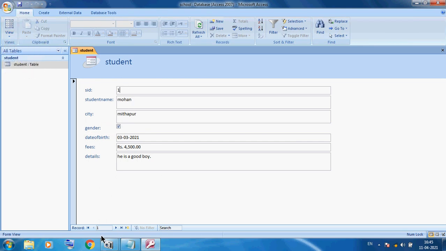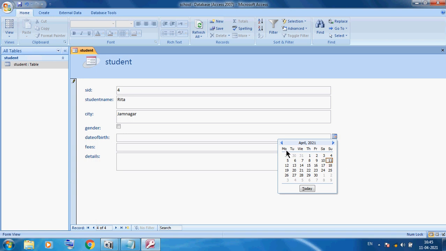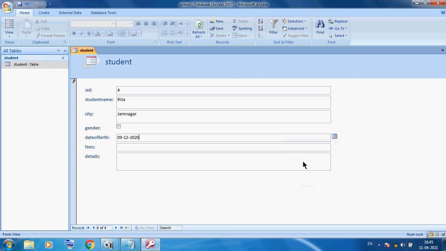So in this, at the bottom you can see first. Okay, here is the second record. You can see when you click, this is the third record, and then when you click, this is a new record. So here I am using Rita. Okay, now city we can use again Jamnagar. Gender we can use this, she is female. Now date of birth we can select, suppose we can select this date of birth. Fees, suppose here I am using 2,000, and details